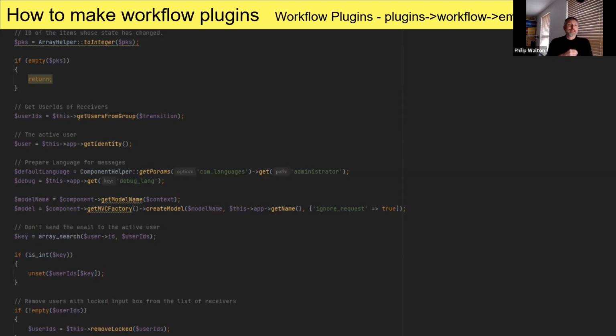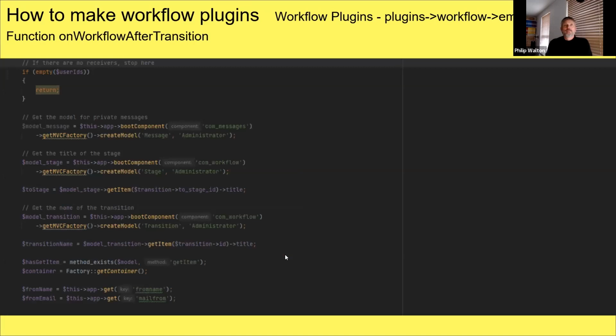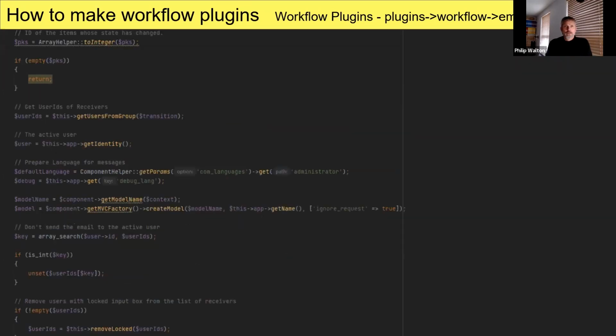But in this case, as I will be the logged in person doing that, there is no point in me sending myself an email to say that I've done it. So that's what this is doing, to check it's not the person that's actually doing the action, that the user is different. I don't think I missed anything else there.